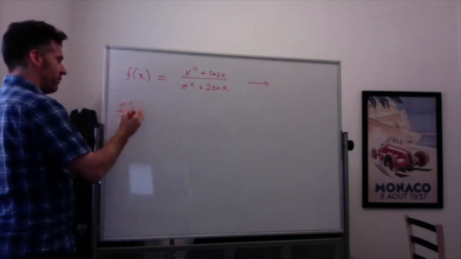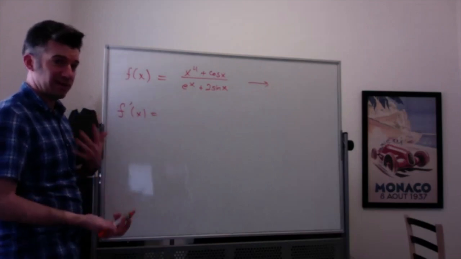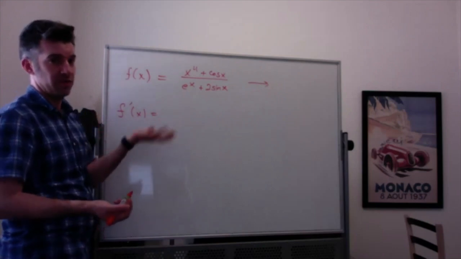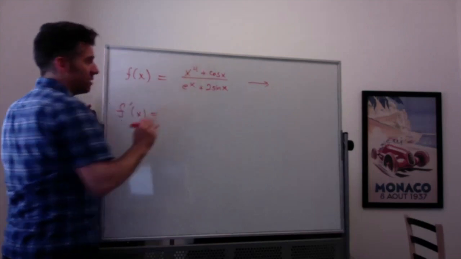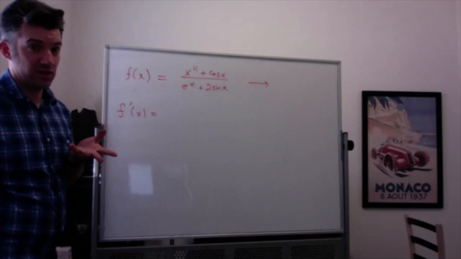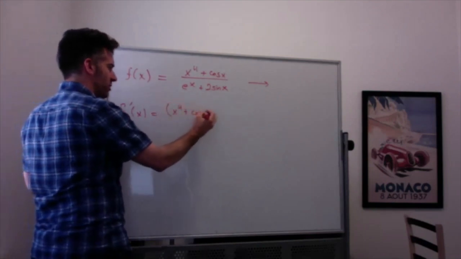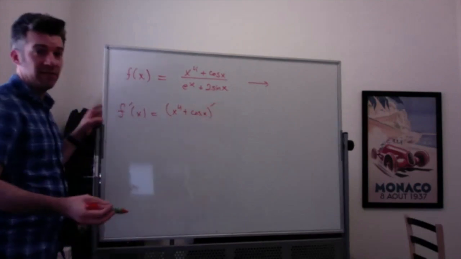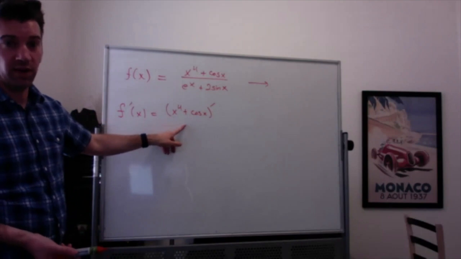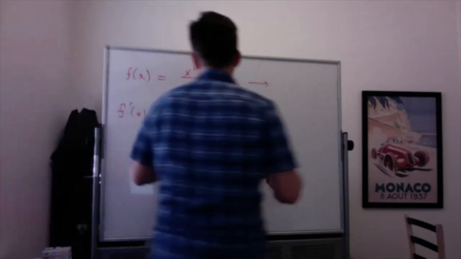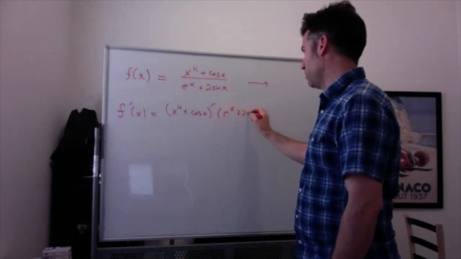So my derivative, I'll try to do it the way you guys like. It's the bottom times the derivative of the top, or the derivative of the top times the bottom, same thing. If you like, you can even just write literally the derivative of the top, meaning you can write the derivative of x to the fourth plus cosine x, and save that differentiating for the next step. You do have to actually take that derivative at some point, but you can write it this way first if you want to. So it's the derivative of the top times the bottom left alone